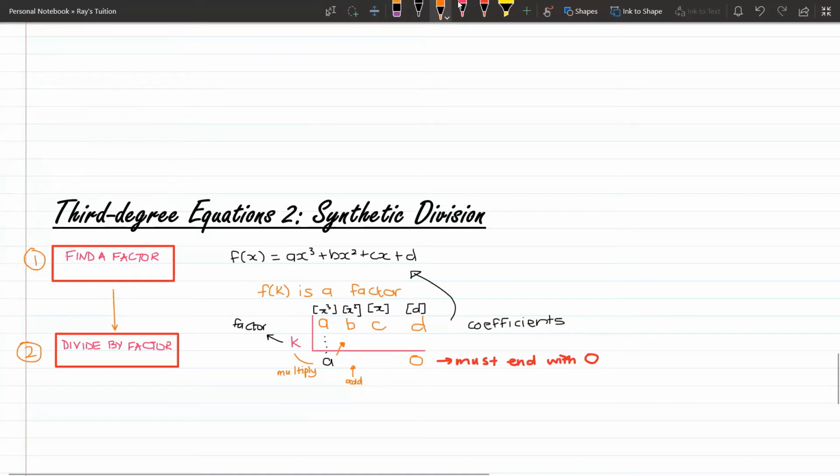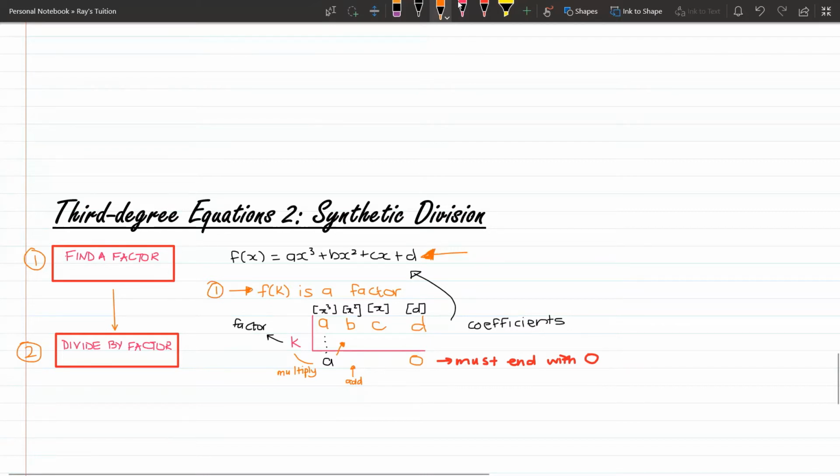So what we have is our equation, and it's going to have this form, being a third degree or cubic equation. And we will then find out by step one that we'll get some sort of factor. So then what we're going to do is synthetic division. What we first do is put in the division sign. It's upside down for synthetic division. And then what goes on the top row are the coefficients of x cubed, x squared, x, and our constant